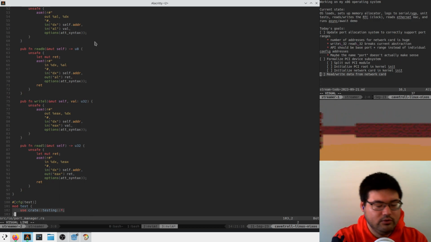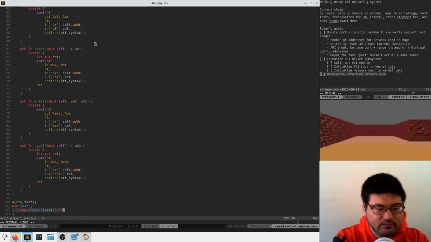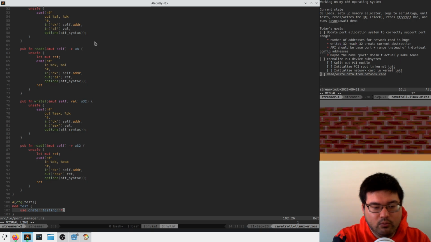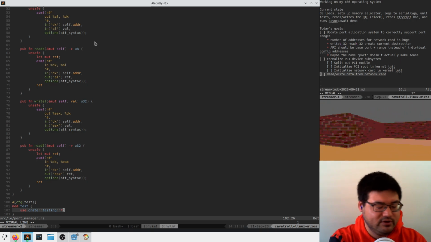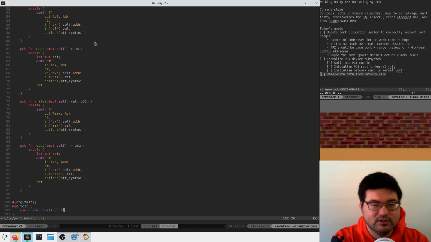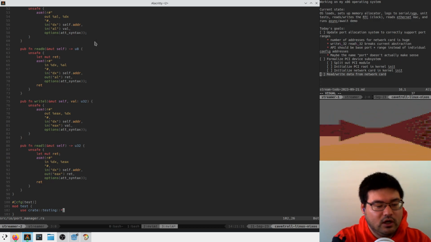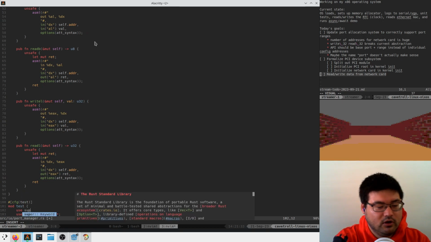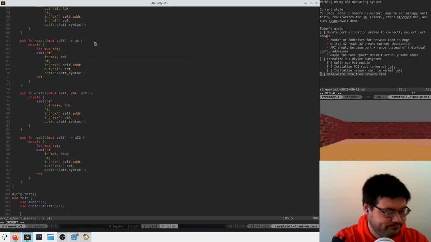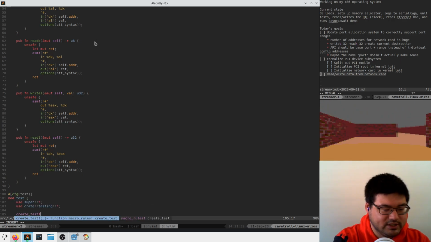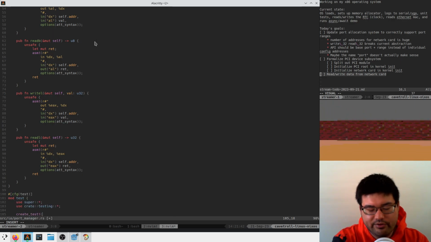We have our own unit test mechanism here, because we can't run normal tests through main because we're in a kernel in a virtual machine. So we have these test runners that we've set up manually through this nightly feature in Rust. That's why I have to import this, and we use super::* to get access to our functions that we added here. And we have this create test macro that sets up our tests for us, and we'll call this